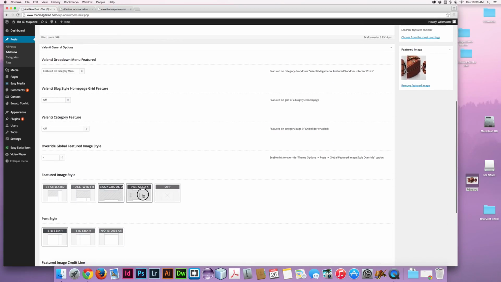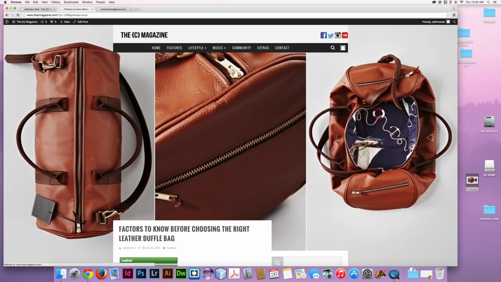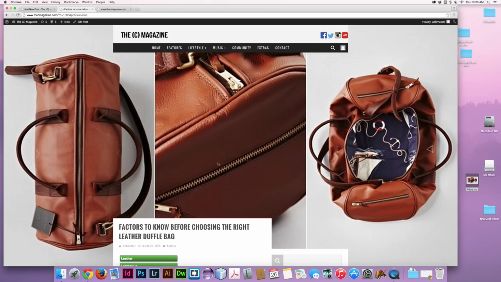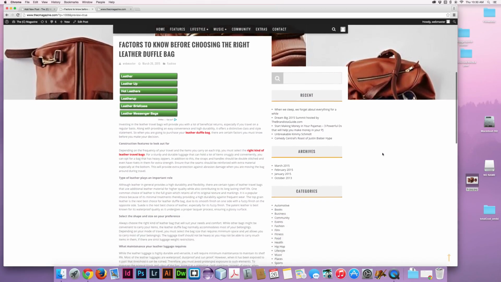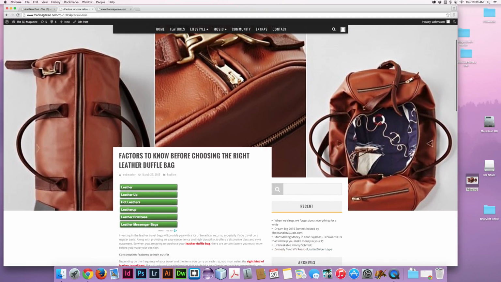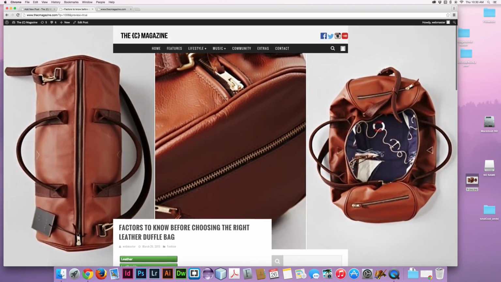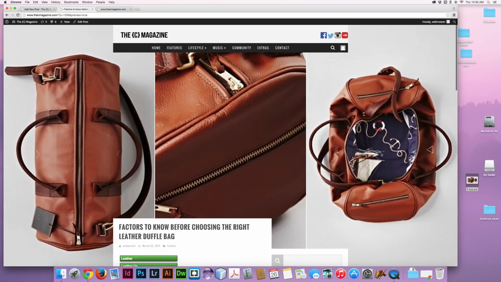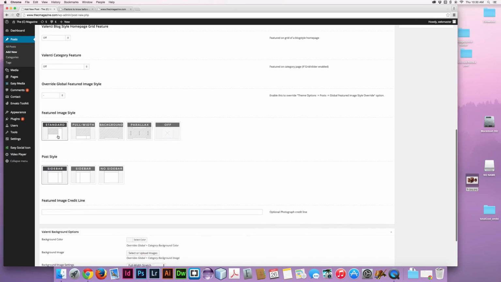Then there's also the parallax feature. Pretty much the same thing as background, except the photo itself is going to be put to a fixed position in the background so that when you scroll, the content scrolls over the top. That's what we call parallax. And again, since this particular photo does not look great in the background, I think we're going to go back to our original standard